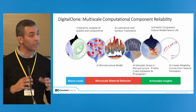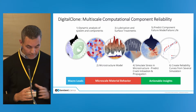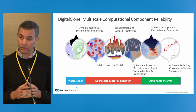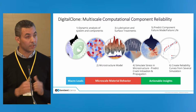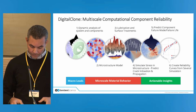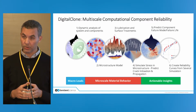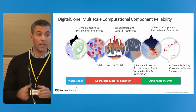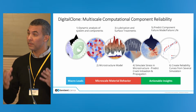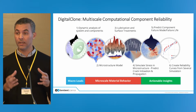And the reason we do this is so we can understand the hot spots within the drivetrains. The second step, we conduct material characterizations of the contact hotspots to develop a computational model for that material. And this step basically involves reverse engineering of the material properties from an actual component sample, preferably a failed sample